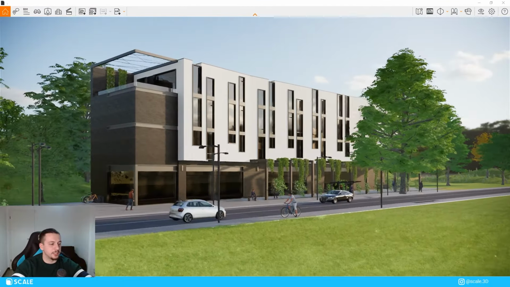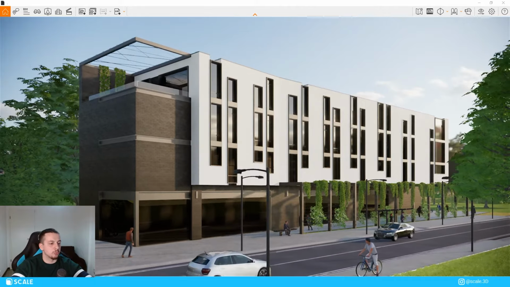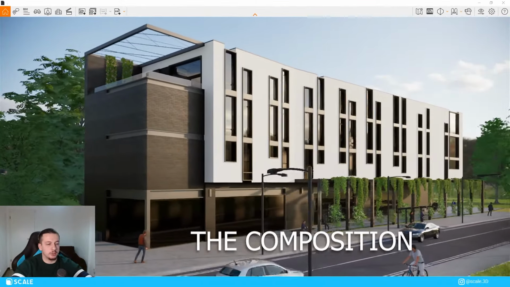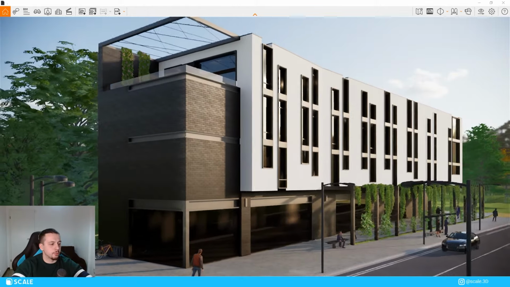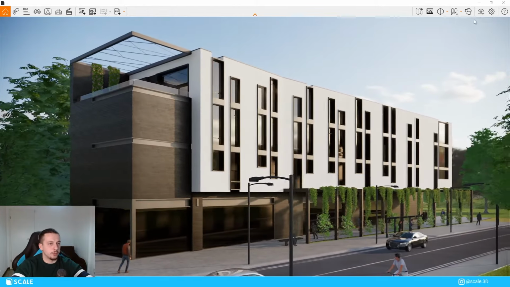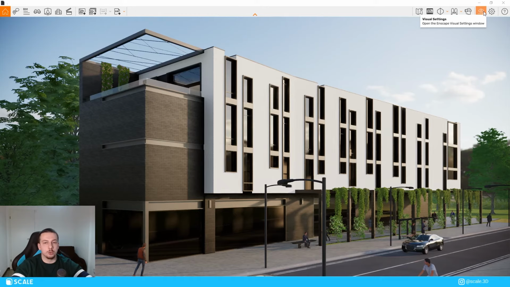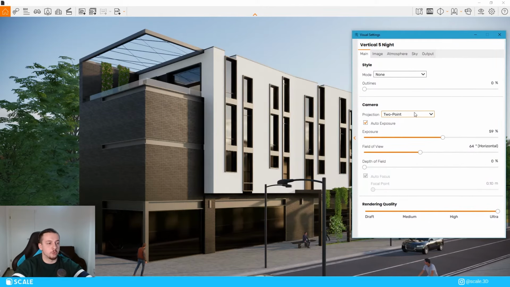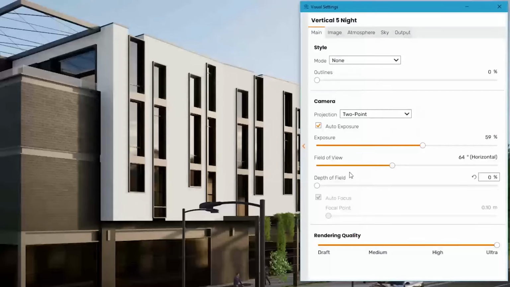So now that we have placed the assets and made some changes to the materials of the building, we can start looking at the composition and the angles that we want to take. For the composition, we are going to have to open the visual settings, which is in the top right corner of Enscape right here. So the first 2 most important options for composition are pretty close to each other,